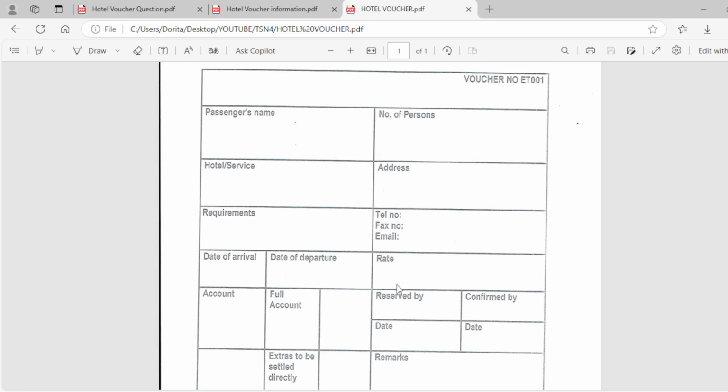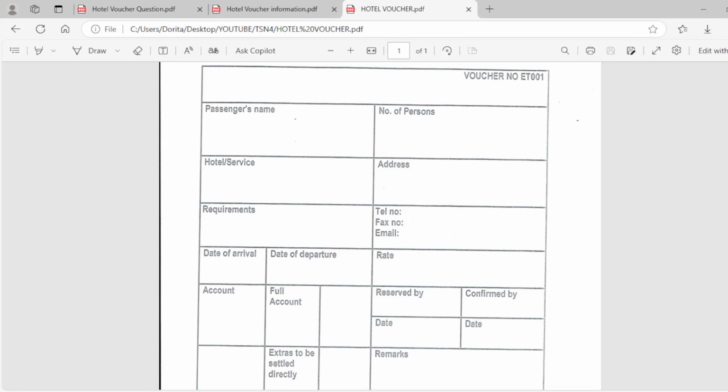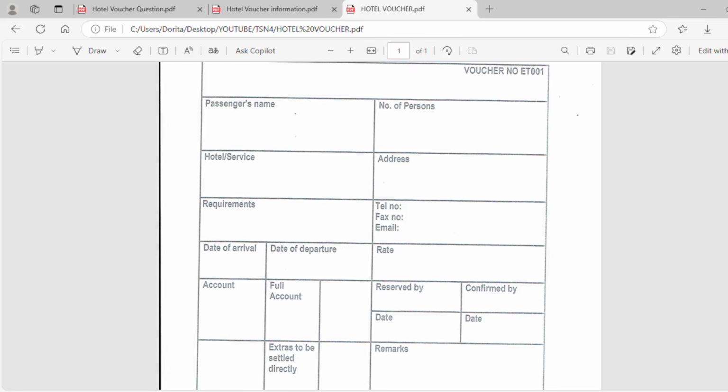It's the basic information you have to fill in: passenger's name, the hotel name, the address of the hotel, the requirements, and so on. Usually it will look the same, but the blocks can be slightly different. But it's not something you should stress about. If you know what information to put in which block, then it doesn't matter where the block is because you